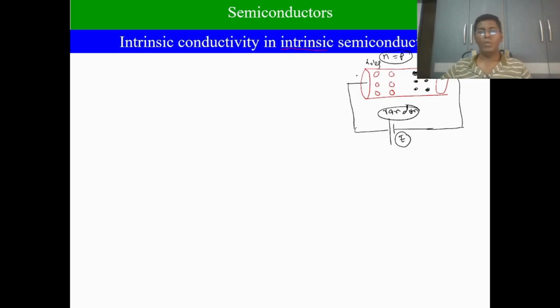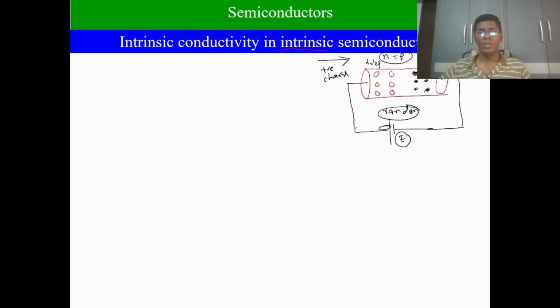We already know that holes have positive charge and electrons have negative charge. These holes are repelled by the positive supply of the battery,